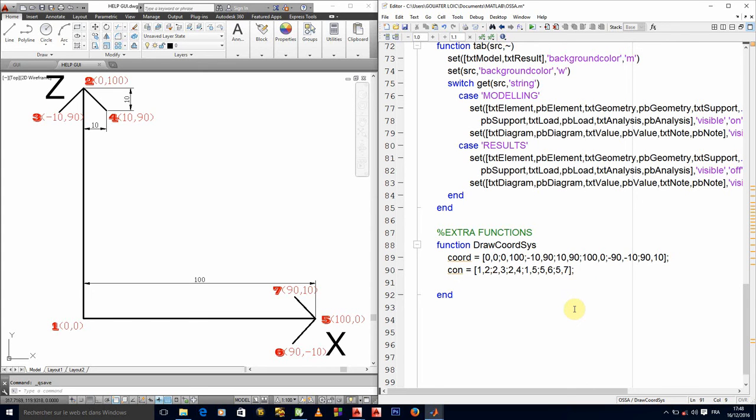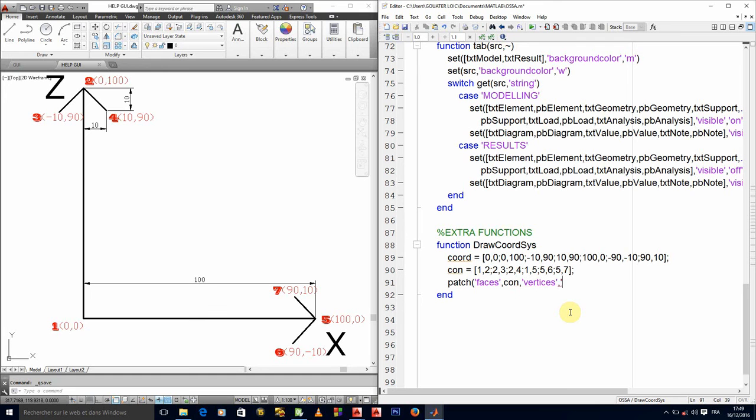So to represent it finally, we'll just need to patch, okay, patch the faces property of a patch is given by the connectivity, while the vertices property of our patch is given by the coordinates.